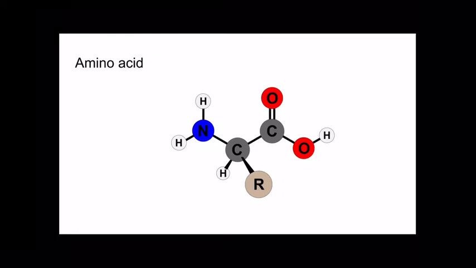So the way this is pictured, on the left side of this amino acid, we see the amino group. So that's the nitrogen with the 2 hydrogens. On the right side of this amino acid, we see the carboxyl group. So that's the carbon that's more to the right, and the 2 oxygens that are attached to it, and then the hydrogen that's attached to one of those oxygens. And then we have that central carbon, and that central carbon has 2 things attached to it.